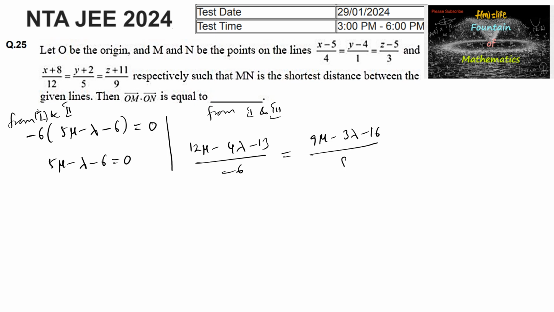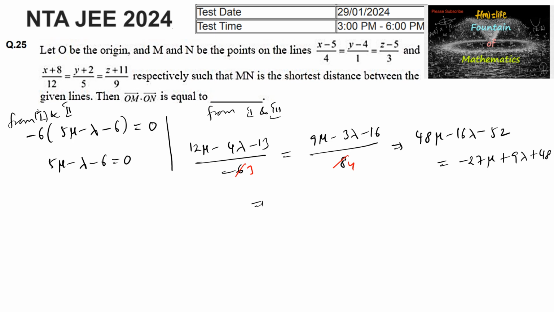upon 8. Simplifying, we get, so here let us cancel before cross multiplication, 2 threes and 2 fours. So we get here after cross multiplication 12 fours are 48 times mu minus 16 lambda minus 13 fours are 52 is equal to minus 27 times mu plus 9 lambda plus 16 threes are 48,